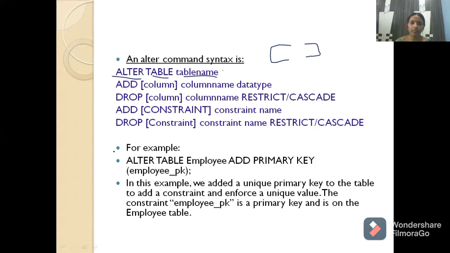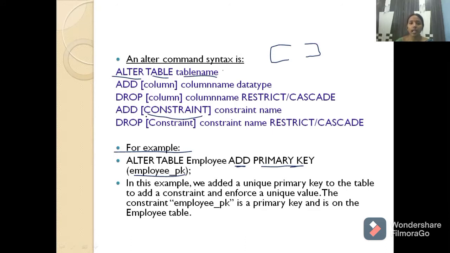Now look at this example: alter table employee. Employee is the table name. Add is a keyword. What are we adding? I am going to add a primary key, that means a constraint. Employee PK is the primary key name.